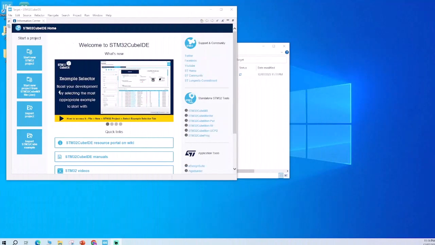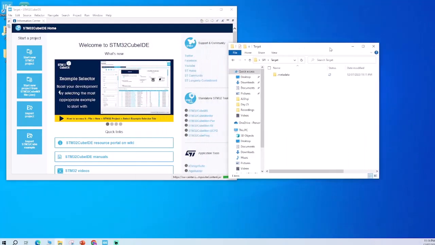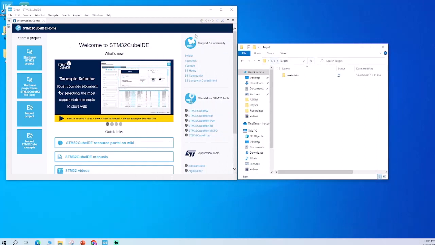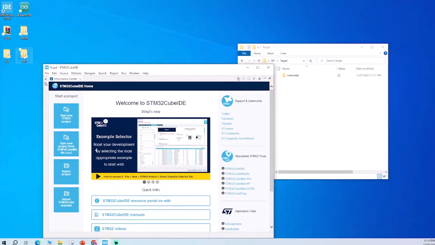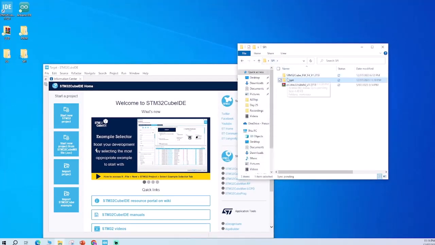Okay, welcome back. I will run through what I did. So I opened a folder on the desktop and named it Spy, and I opened another folder called Target, and I went and opened the target and I highlighted this, copied here,